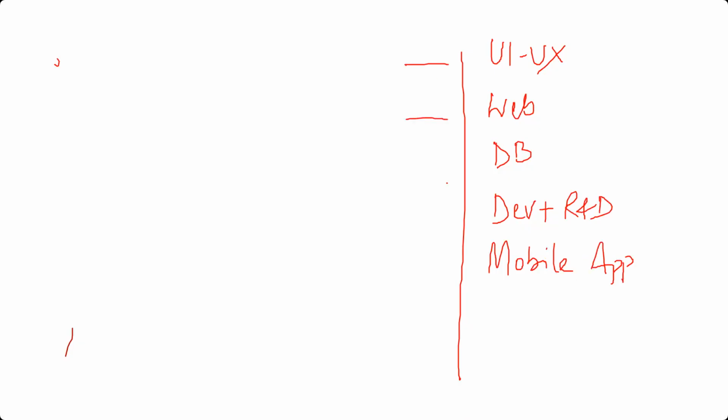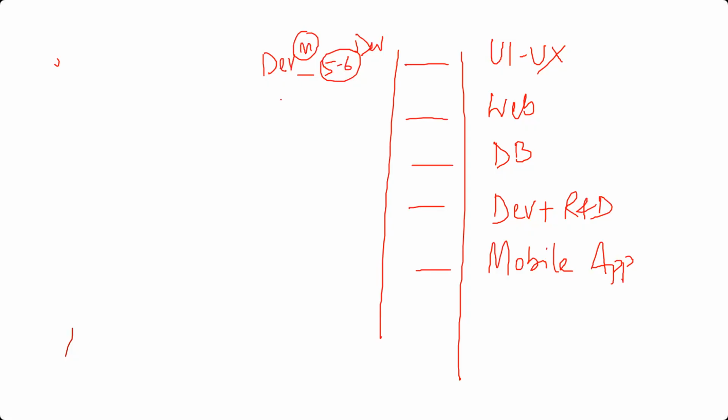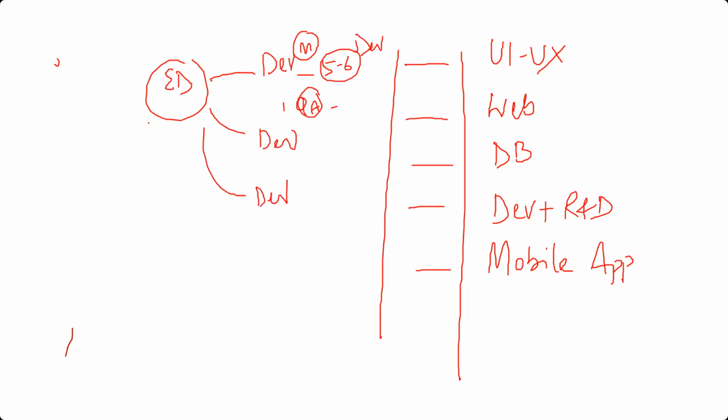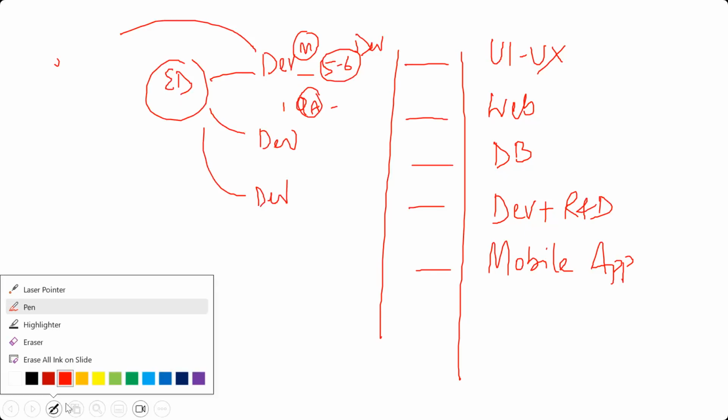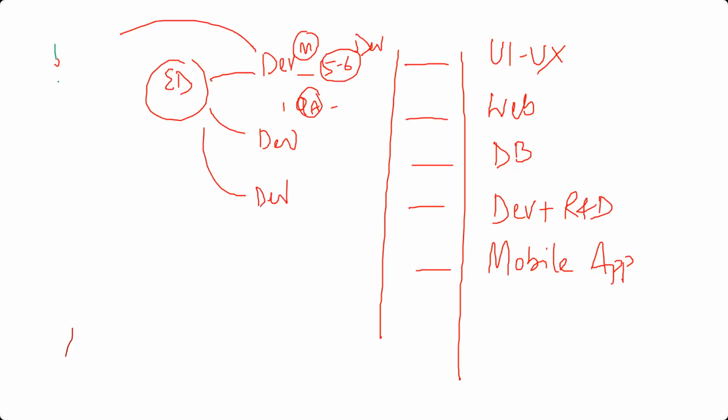Now, if you pan out into the organization, how are teams defined? For every team, you have a development manager. You will have some 5 to 6 developers. You have one or two QA resources. There will be some engineering director who takes care of two or more dev teams. Each dev team will have someone called a product manager,